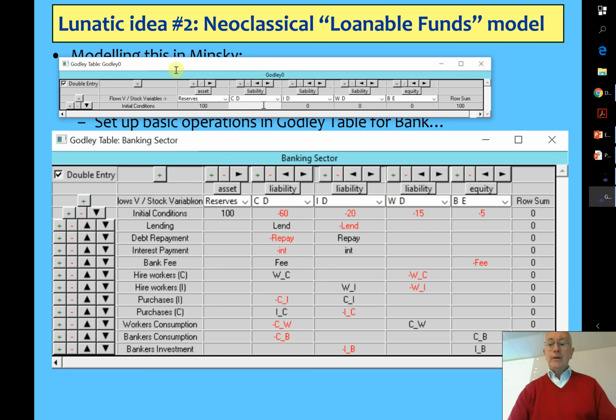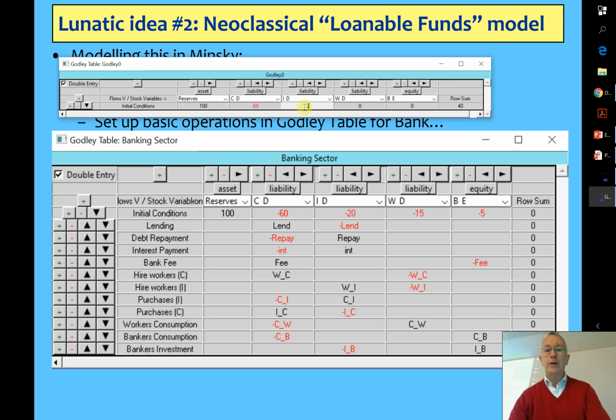Okay, so I'm going to say minus 60 is shown as the amount of money in the consumer deposit account, and that's because the consumer deposit account is a liability of the bank. It's a negative from the bank's point of view. You'll see how it turns up as a positive when you look at it from the point of view of somebody else later. So minus 60 there. Now the total's minus 40.